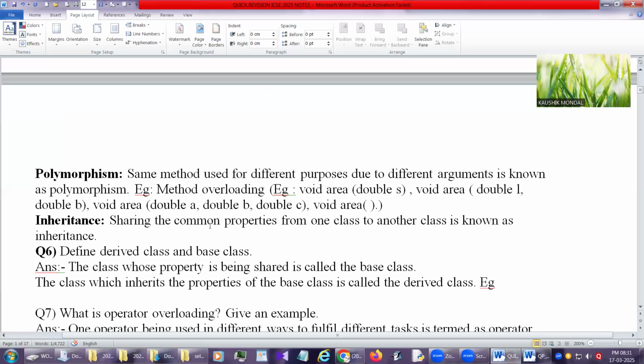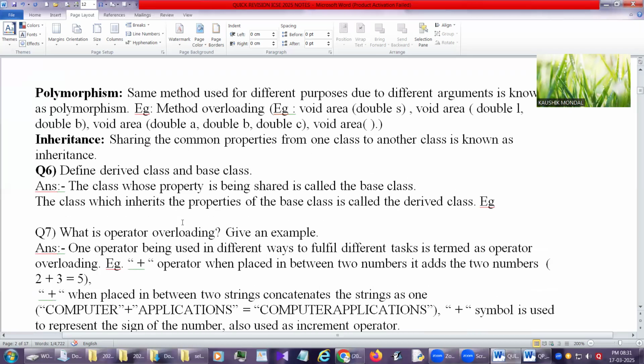The term inherit comes from biology. Like we always say he looks like his father, that means he is inheriting the appearance from his father. Next, define derived class and base class. The class whose properties are given, like super class, gives to the subclass.